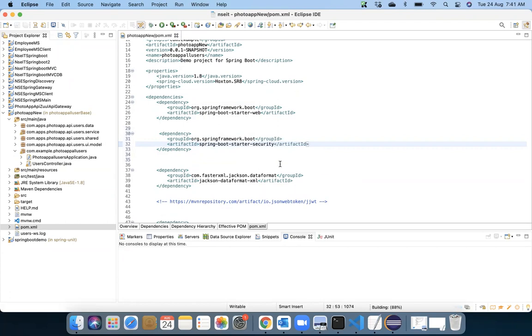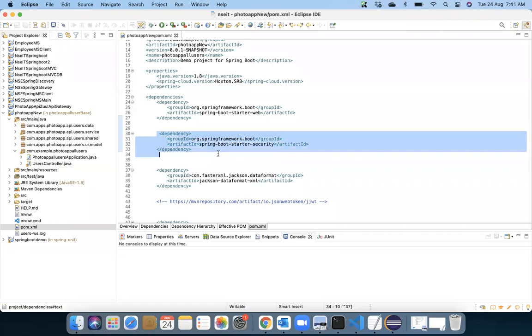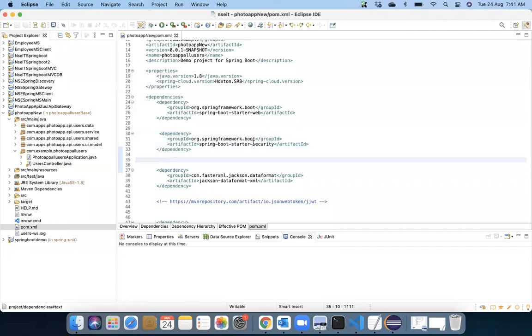Kindly add this dependency into your project. Everybody, kindly add this dependency in your project. You only need to change the suffix. And after that, you relaunch this application.